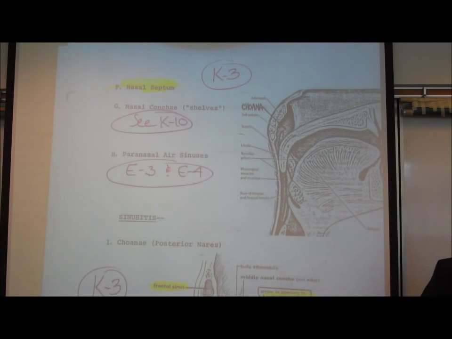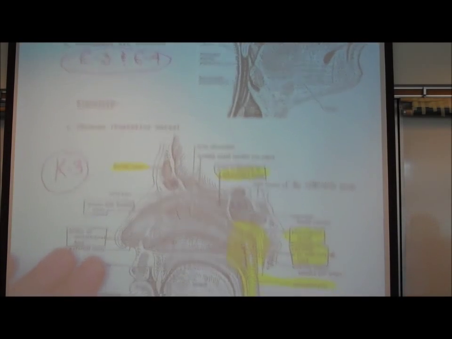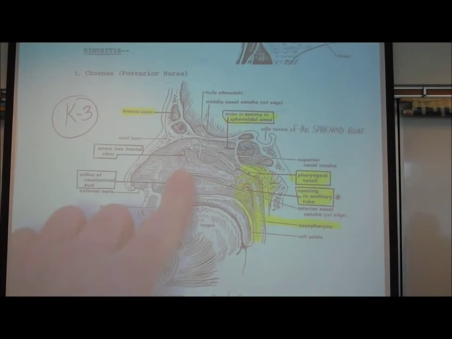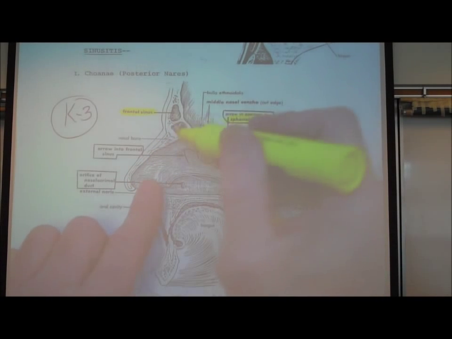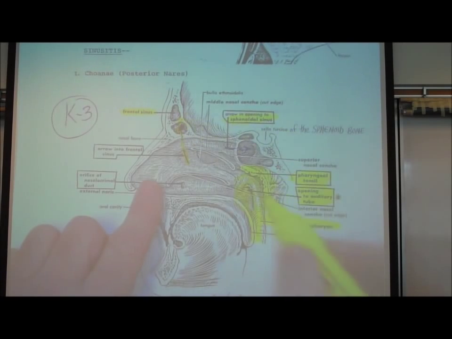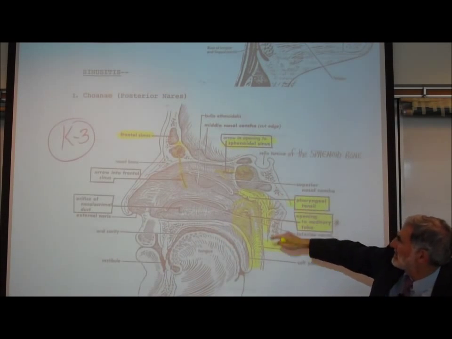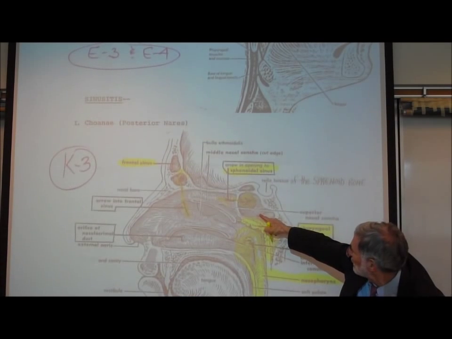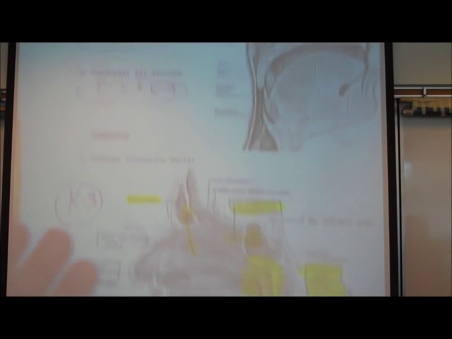So on page K3 where we were, if we look in the bottom picture, you can see the arrows indicating how air in the nasal cavity can flow into the frontal sinus, and it can flow into the sphenoid sinus, right? So these are lined by a ciliated mucous membrane. If these sinus cavities, this is the sphenoidal sinus and the frontal paranasal sinus, if they become infected, that's called sinusitis,